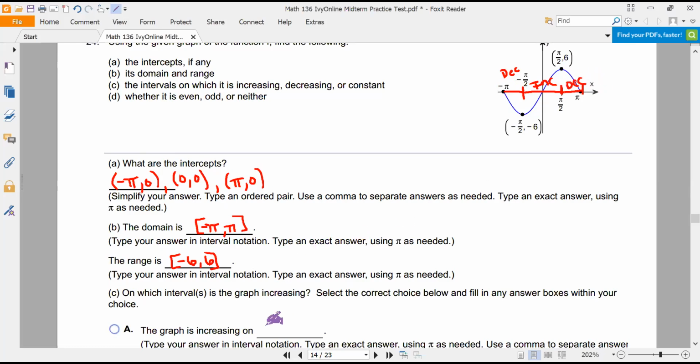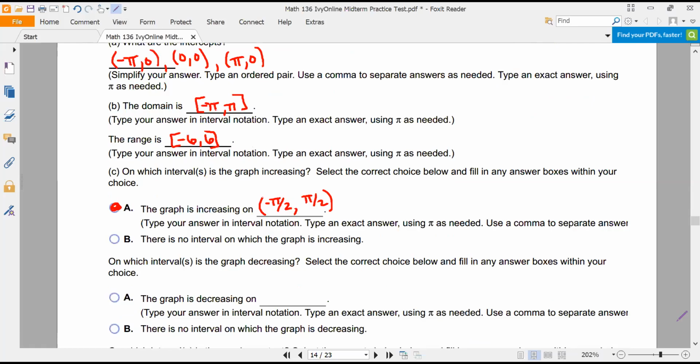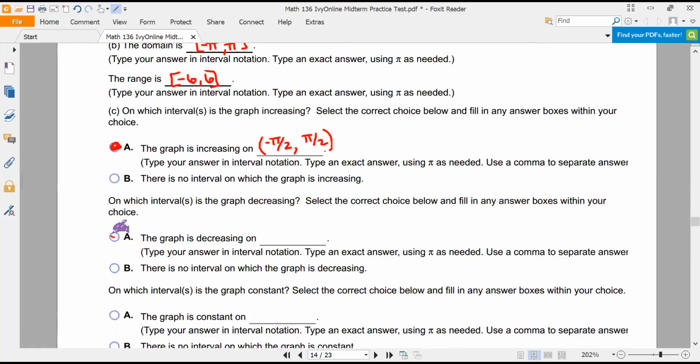So it says we are increasing on, and usually when we talk about increasing and decreasing, we do not use brackets. It's a concept that your endpoint is not doing anything. You have to have 2 points compared on each side to be able to say it's increasing or decreasing. So negative pi over 2 to pi over 2 was the middle part, that increasing section. And then we have a union for our decreasing. So the graph is decreasing on, it was negative pi, 2 pi, negative pi over 2,